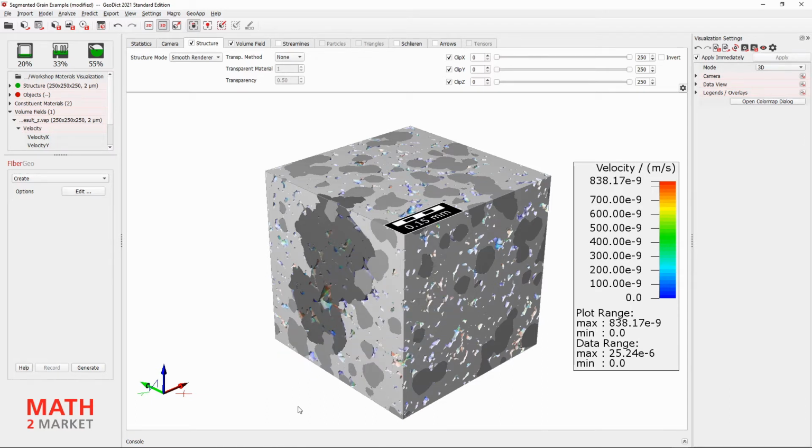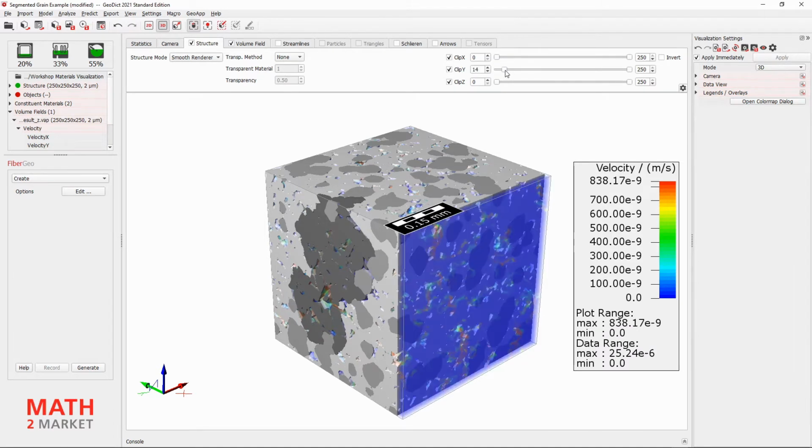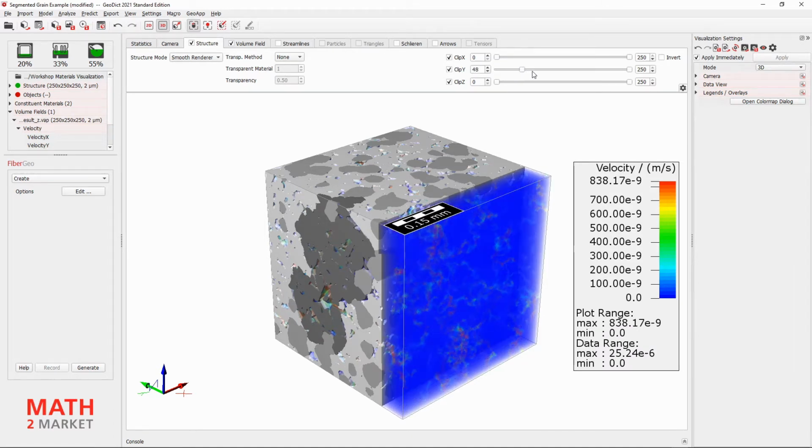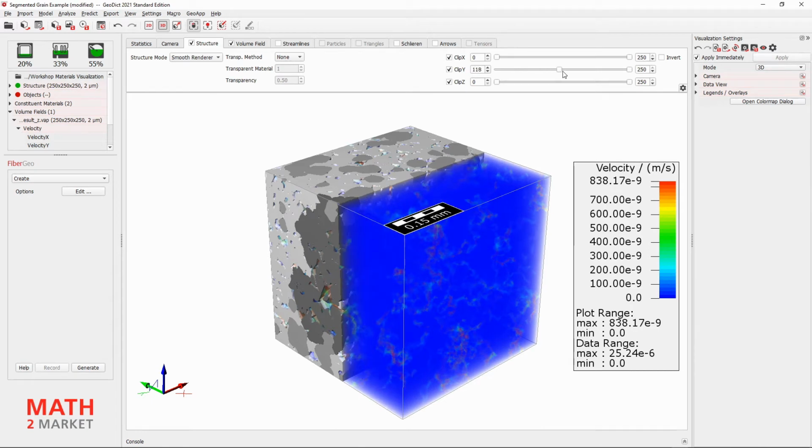So we can see from the axis cross that we have to clip in the direction of the Y-axis from the starting point. We take the small handle at clip Y here with the left mouse and drag it along the axis. In our example, we aim at half of the total length of 250 voxels. We want the clip Y start value to be 125. If we don't hit this exactly with the drag handle, we can correct it with the arrows in the value field here.